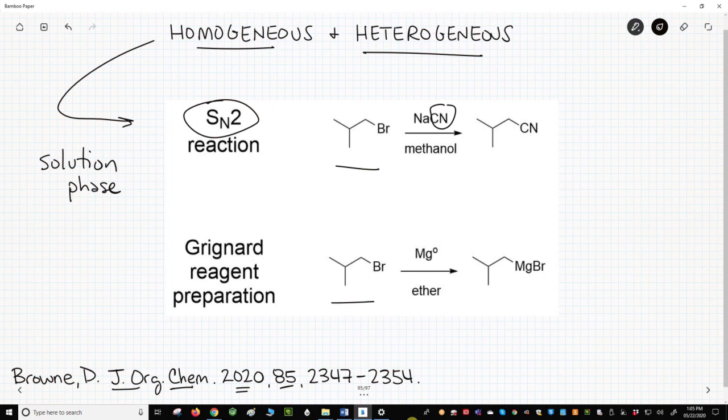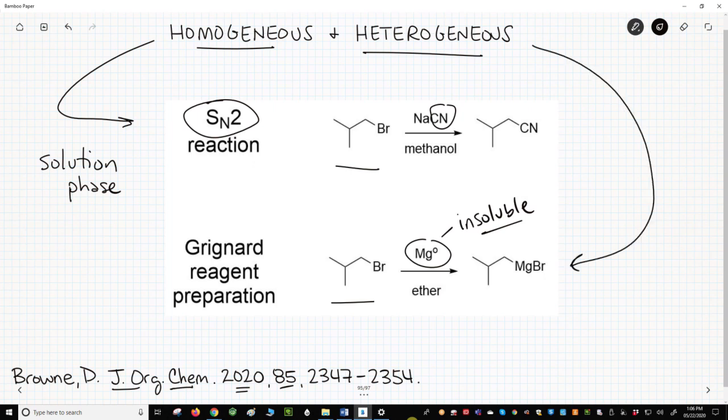On the bottom line is the synthesis of a Grignard reagent. A halide is mixed with magnesium metal in ether. This is not a homogeneous reaction because the magnesium metal is insoluble in the ether solvent. The halide reacts at the surface of the insoluble magnesium metal at the solid-liquid interface. This is a